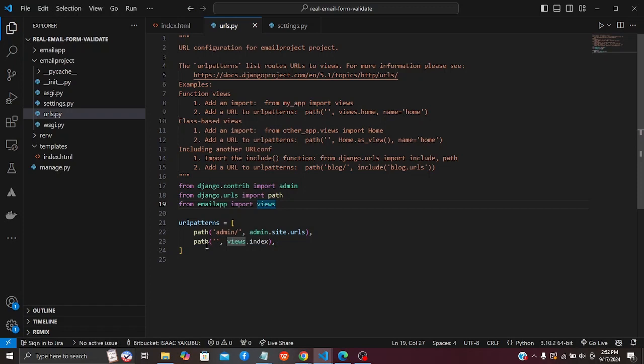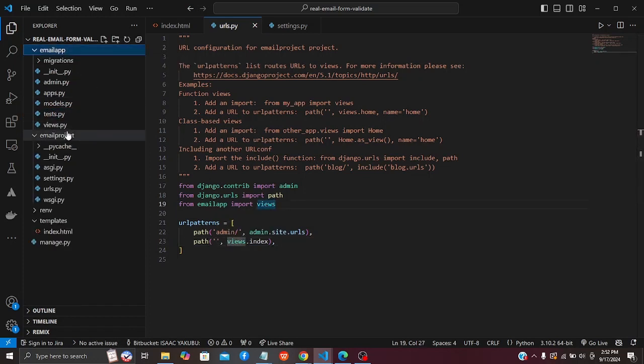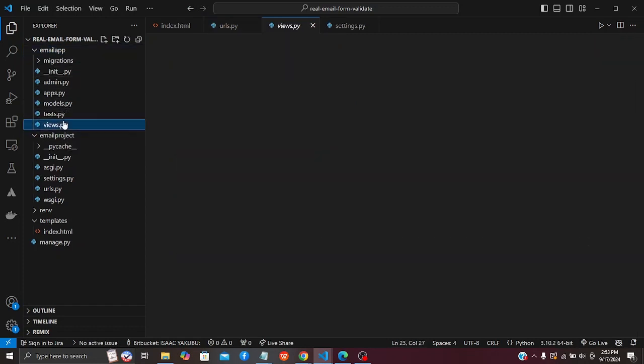So I pass in a path as a method, and I pass in an empty string for my router. I don't want it to be slash any string or any name I pass to it. I want it to be empty. And this view is coming from here. This is the view, index, and obviously we've not created our index endpoint. We'll create it very soon. So let's create our index